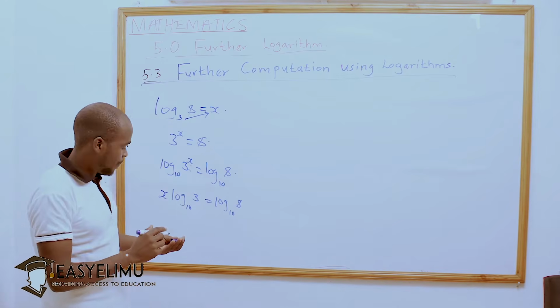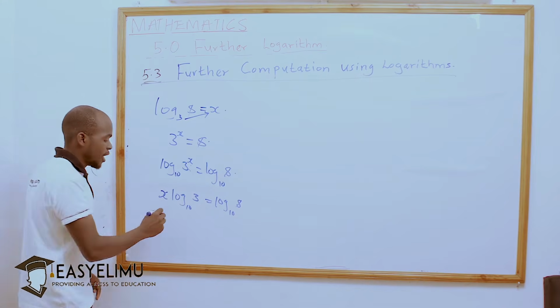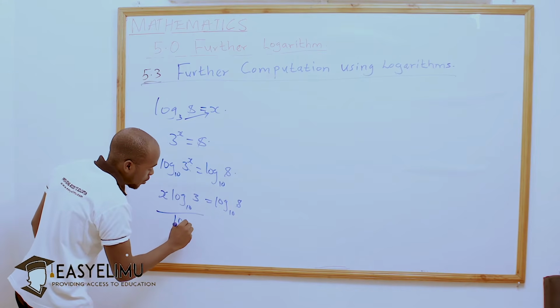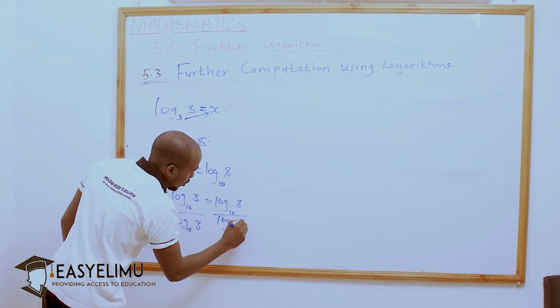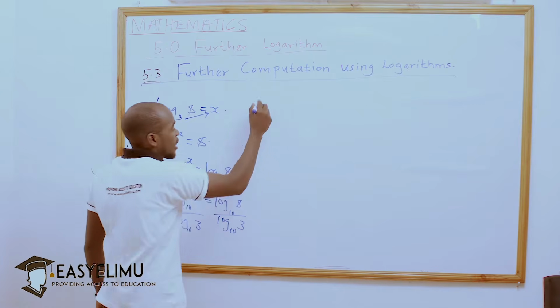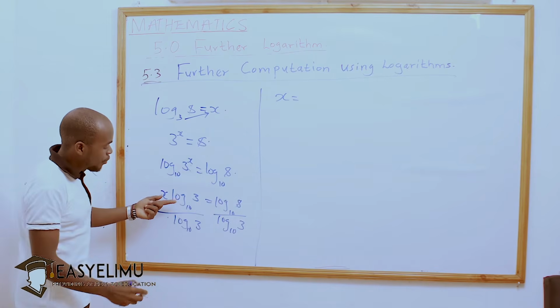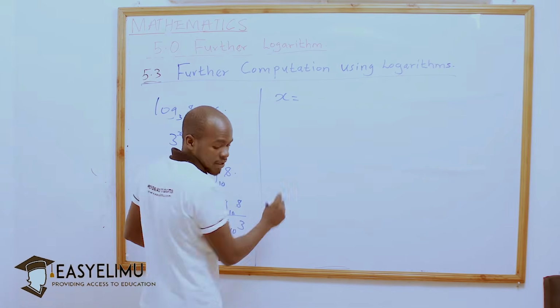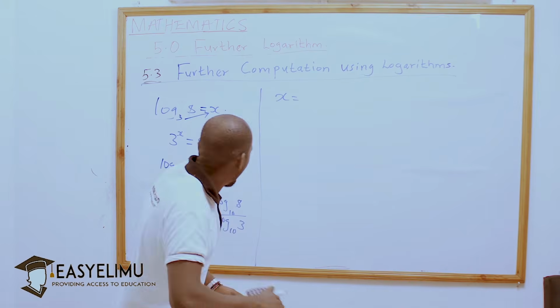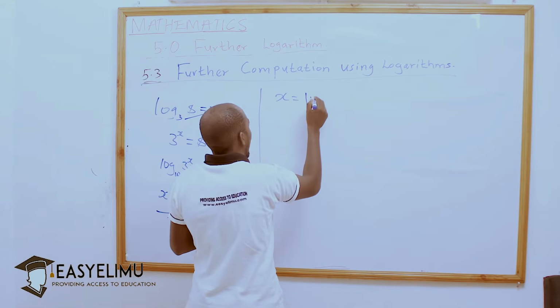Now from here you can find the value of x by dividing both sides by log to base 10 of 3. You will find that x is equal to, now you can use a calculator to evaluate, and you are going to get